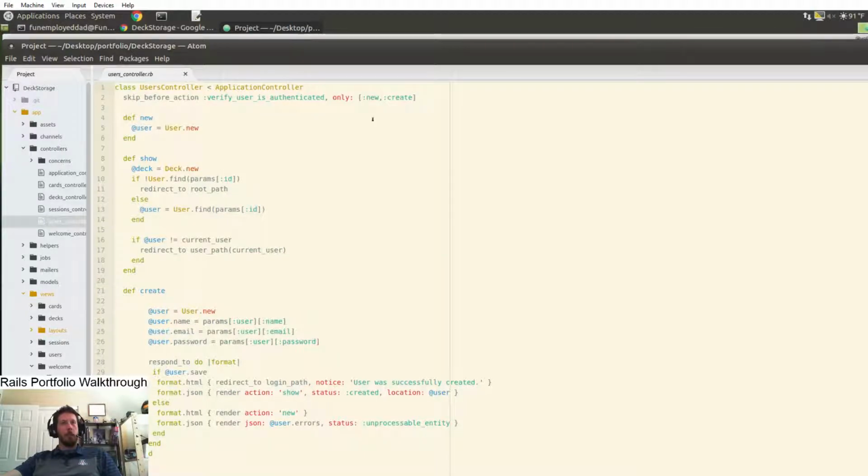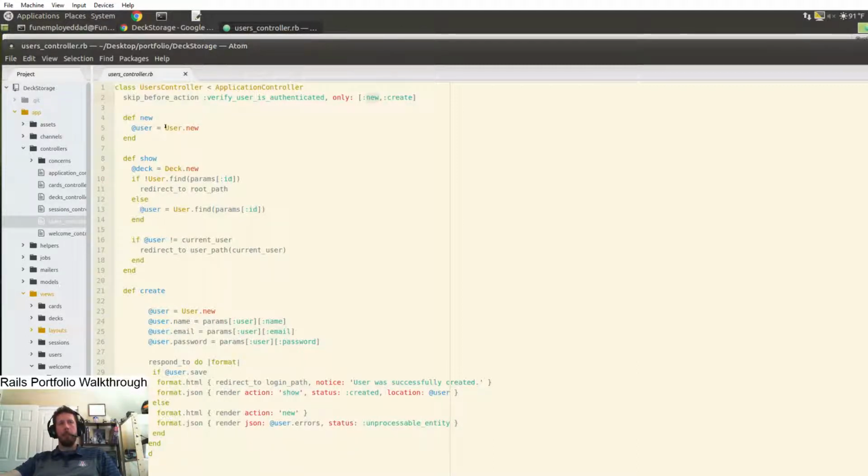My users controller, because of that before action in my application controller, which everything else inherits from, I need to say, hey, I know I told you to verify a user every time, but for these specific actions, we're not verifying them. And the reason is that we are trying to create a record. So there is no resource that they are trying to access that they shouldn't, because the resource doesn't exist yet, right? So don't bump them to the landing page just because they haven't created their account yet. That's what they're trying to do. So we skip that before action,